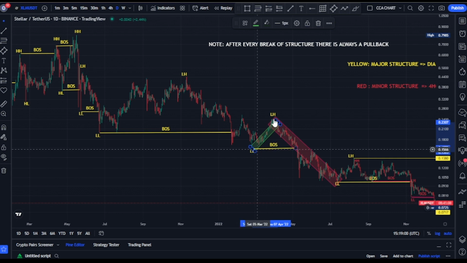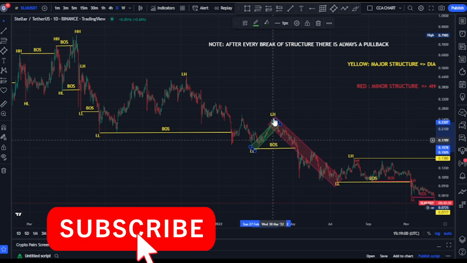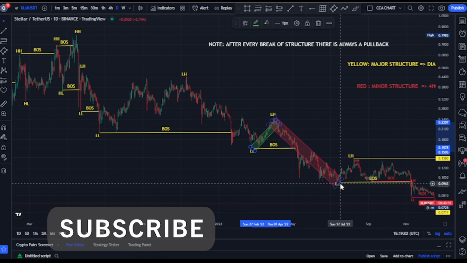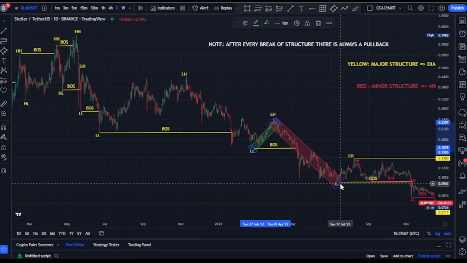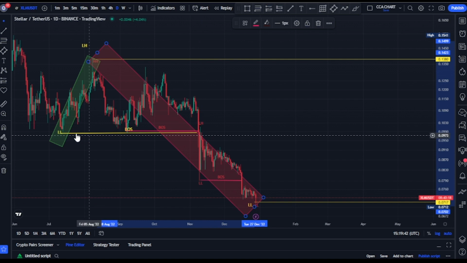The bears took price from that point, broke more structure to the downside and took price back down to about $0.0963. So guys, expecting a pullback. Sure, we got a pullback. The bulls took price from $0.0991, pushed price back up to about